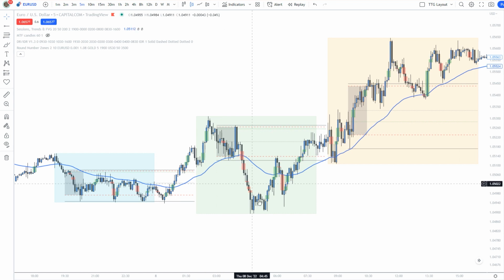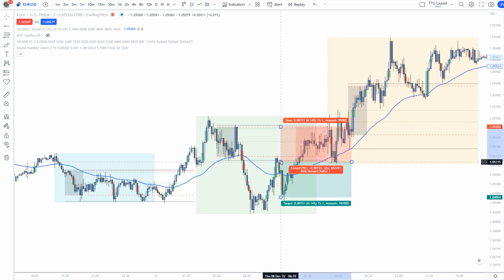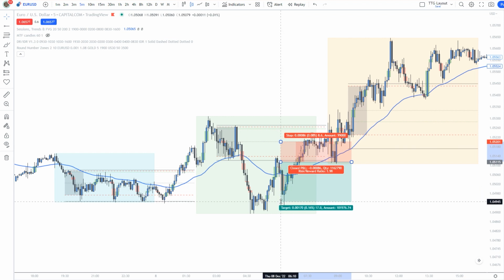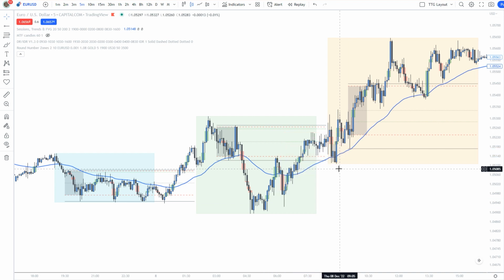But here in the London session we see that the low of the ODR is broken to the downside. Usually when I see this I'm looking for short trades, because I know with an over 80% probability the high of the DR will not be taken. But on the other hand I know that we have an upside expansion model and that a short trade is against this trend. So when I take this trade I keep my take profit pretty tight because I know it is counter trend. The take profit in this case I set to the low of the Asian session, but I